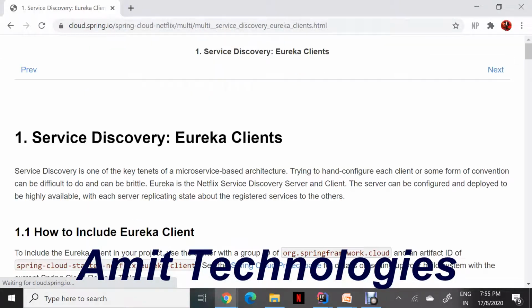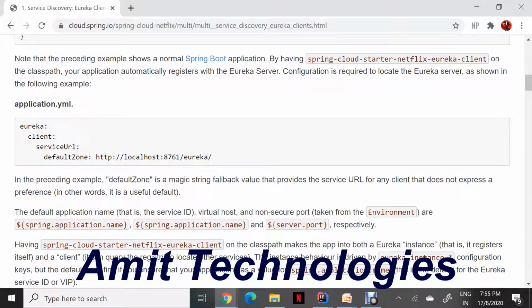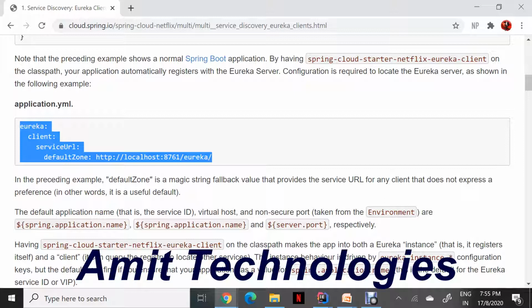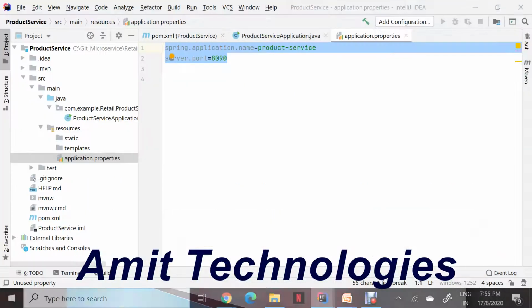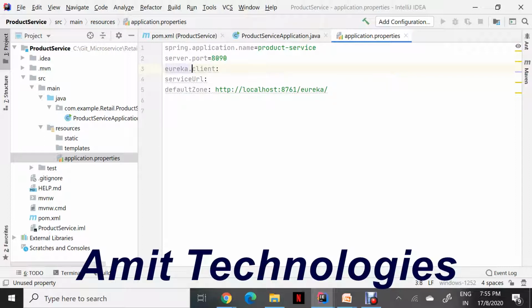In this case, we will see what extra property we need to have. So this one is the property which we need to have. This is an application.yml. Application.yml is simply another form of property file. In this, I will take it as in a property file. If you want to write it, just remove that colon and you can write like this. Dot, remove that. So this becomes your property file.